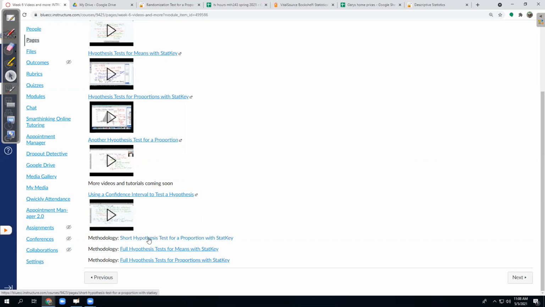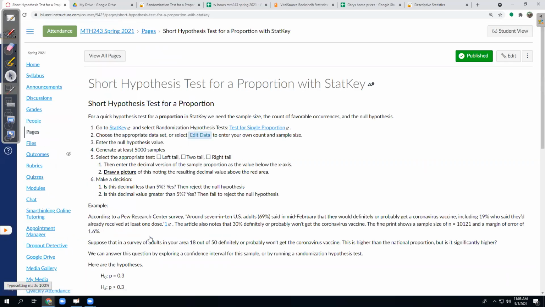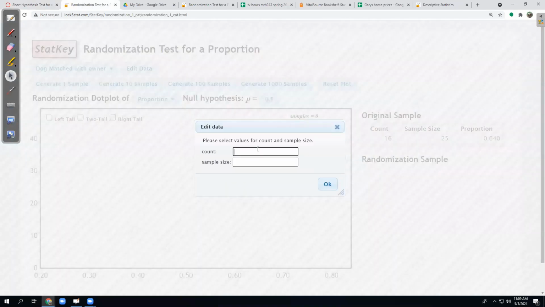So for example, here I have the short version that we did the last couple of days, and we're going into the slightly longer version. So with a proportion like we just did, you have to have some data to use. And the data I mentioned here is you got to have the sample size, you got to have the count of favorable outcomes, and you got to know what your null hypothesis is. Once you have those, we jump over to the StatKey test for a single proportion here. And like we did a moment ago, we went to edit data, we put in our count, our X, our sample size, our N,